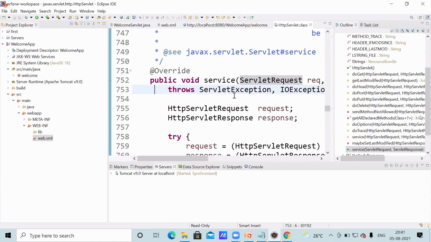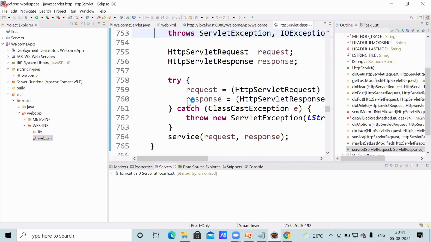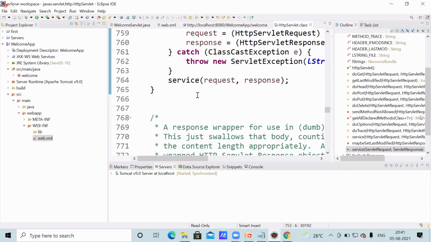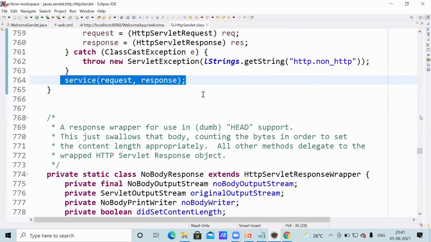After this, you observe here. What is happening here? Service, request, response.